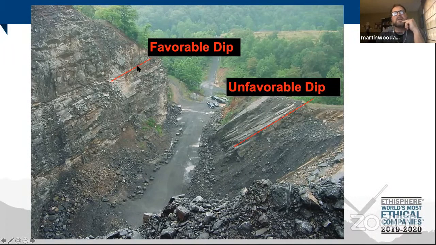But on the other side, that same discontinuity is dipping back into the mountain. So that's locked in. It's locked in by the rest of the mountain. So there's not failures on the left-hand side. So this would be discontinuities oriented favorably, and these would be discontinuities that are unfavorably oriented. And as soon as you can start to identify that, then you can really start to do a good job